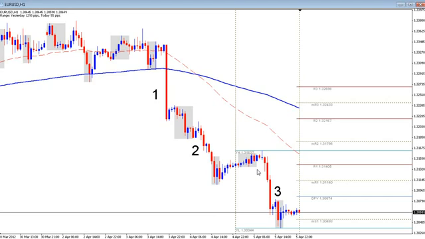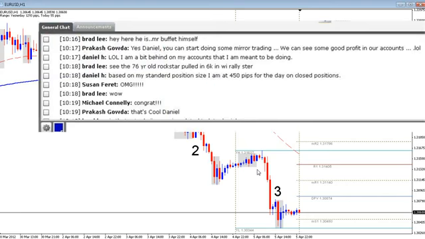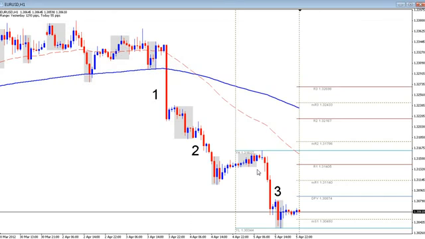I'll post the screenshot I took out of the room. He'll probably yell at me for that, but I took a screenshot of the room of him posting his pip count for that move. And this is a trade not just he caught. Other members in the room are doing very well with it, because again, they're looking for those levels. They're saying, okay, well, I've seen two to the downside. I'm expecting that third push, and again, they're doing very well with that, eliminating a lot of the factor of